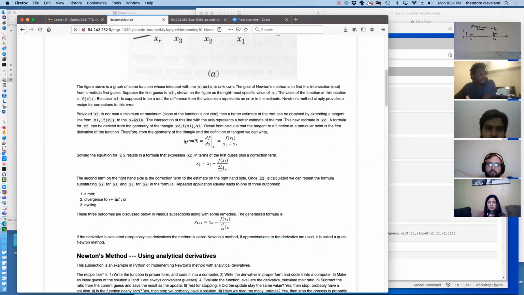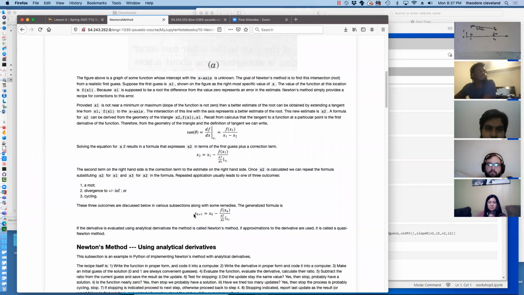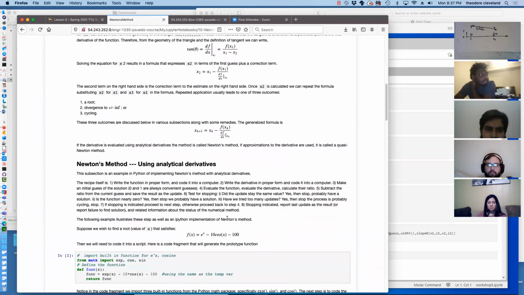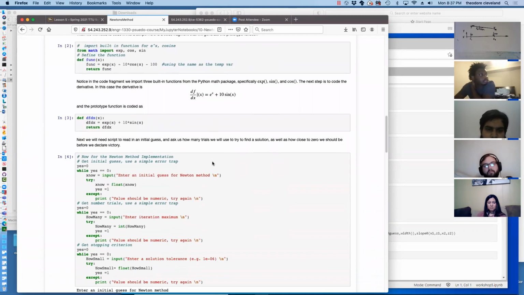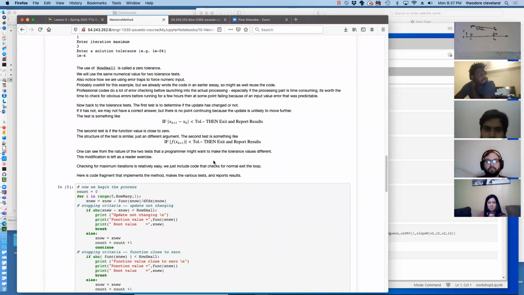And skipping quite a bit of background, we ultimately come up with this formula that says that our new value of x is equal to our last value minus the function at the last value divided by the first derivative of the function at the last value. And then here's some examples using analytical derivatives. But we're going to use a